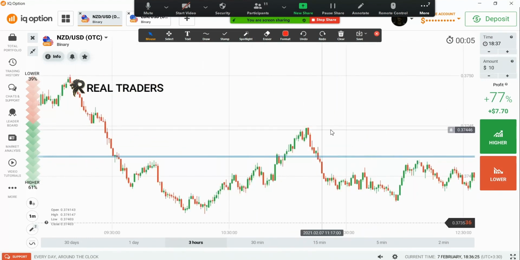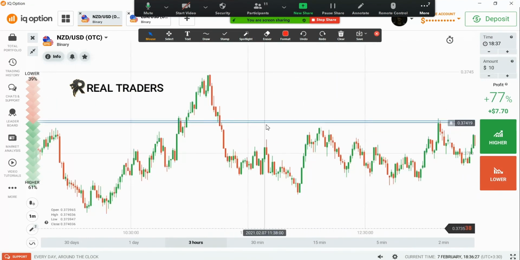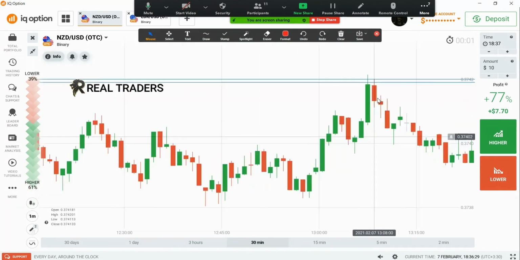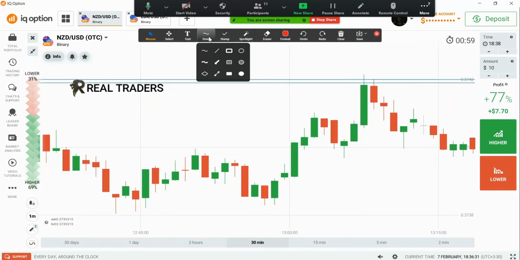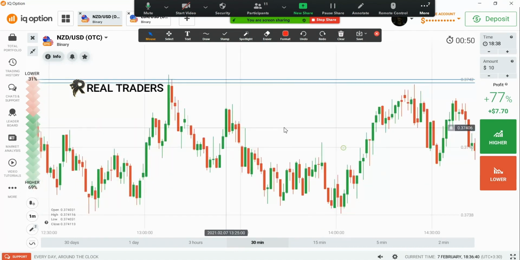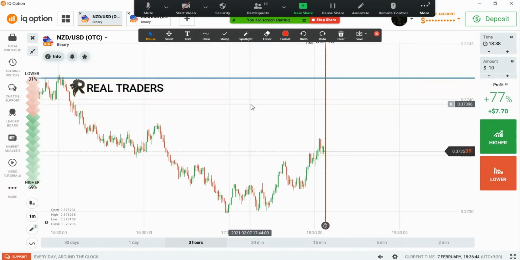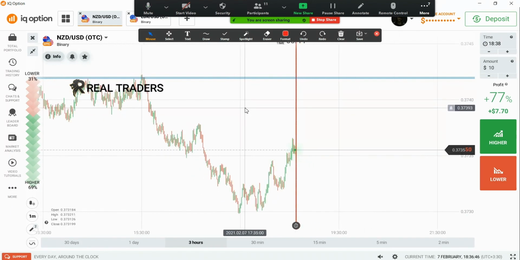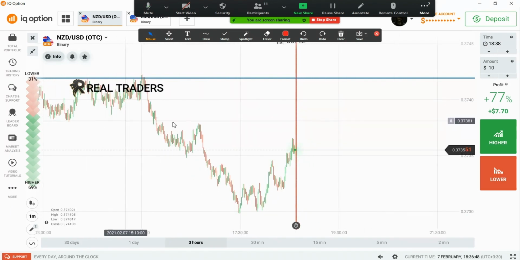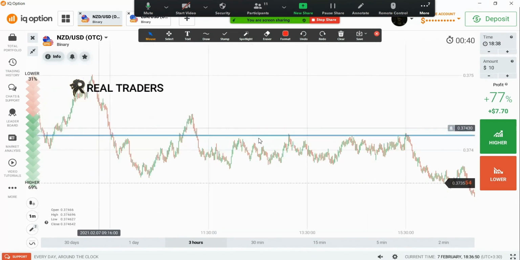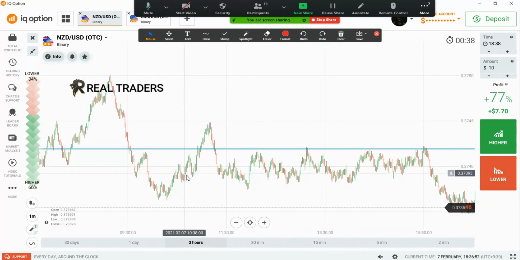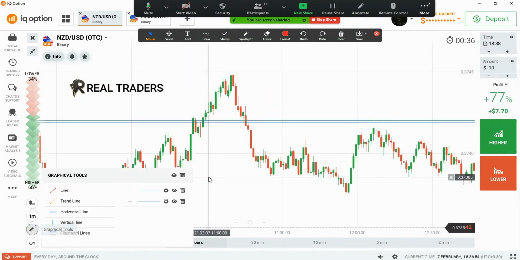Okay, so this way you can understand the strong levels and draw. You can see here again. So in the future the market will mostly respect the strong level. So it is so helpful. Always try to place your trade with strong levels. So this way you can draw the strong levels manually. So sometimes people cannot find the level easily. So we have something